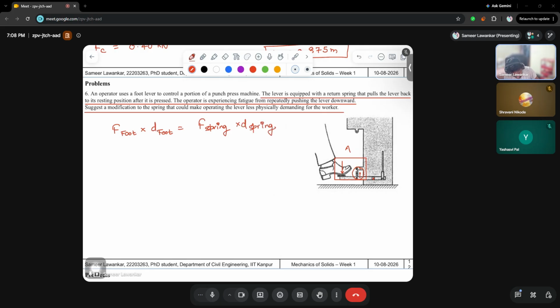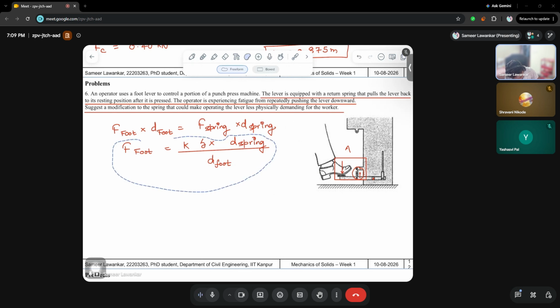Now, if we focus on F foot, this is equal to, in place of F spring, we can write K times delta into D spring by D foot. Now, looking at this equation, just suggest what we shall do so that